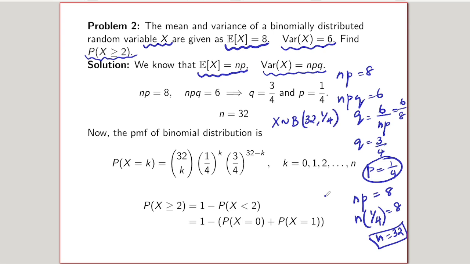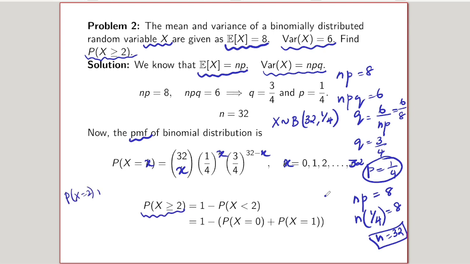So here we can see that the PMF of binomial distribution is, I am writing it as probability of x is equal to x, 32 C x, p power x and q power n minus x. So this x varies from 0 to n and n value is clearly 32 here. Now the question is, we are going to find probability of x greater than or equal to 2, and one more thing, if we are finding probability of x greater than or equal to 2, note that we have to do